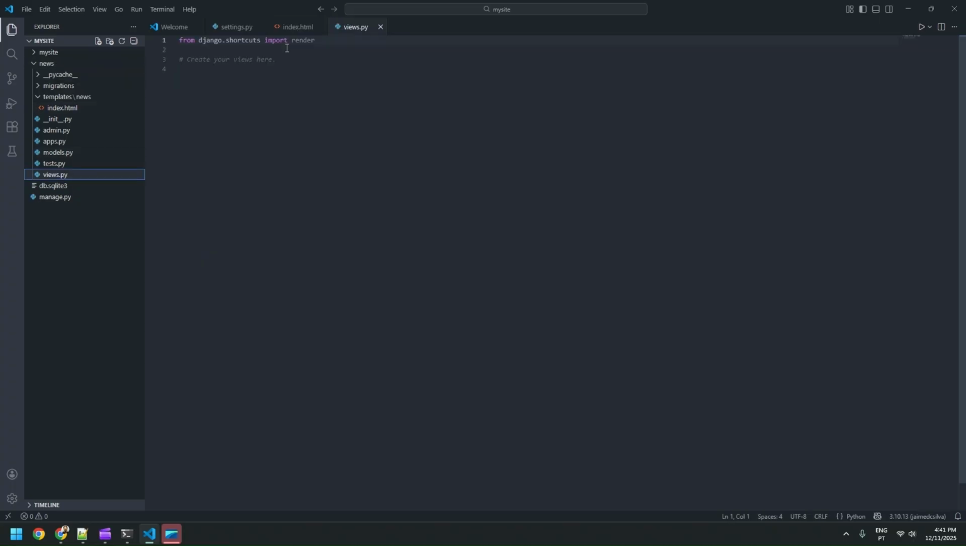In views, we can delete what's in here and let's create a class-based view. Let's go ahead and do that. Class Index, it's named Index, and it will inherit from TemplateView. Now we need to import TemplateView from django.views.generic. Let's import it, TemplateView, and